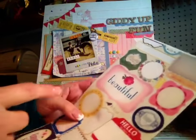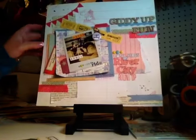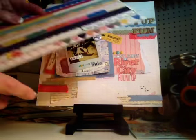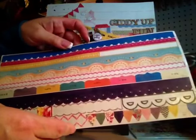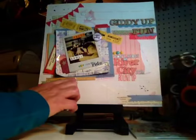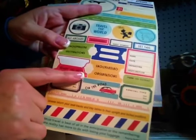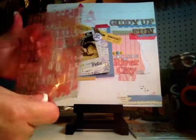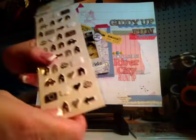From the random collection, I used this yellow one back behind here as a layering, behind the little envelopes. I used part of this one from the random collection border stickers, which is right here, little X's and O's. I used half of this Ready, Set, Go tab up here. I did use these, mounted my alphas. Oh wait, I also used these